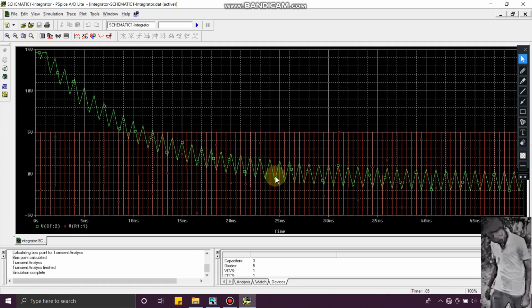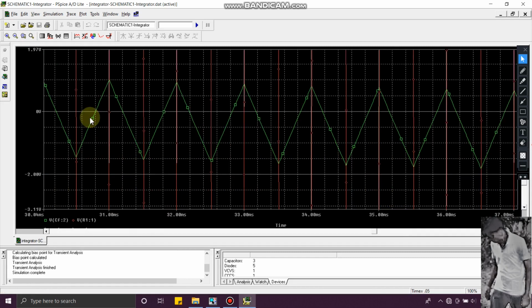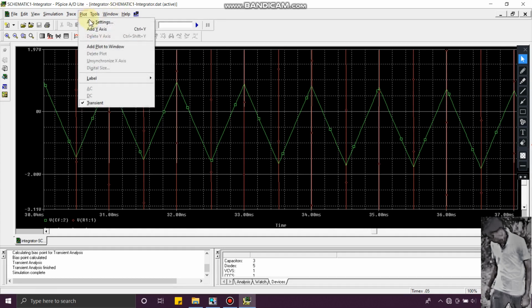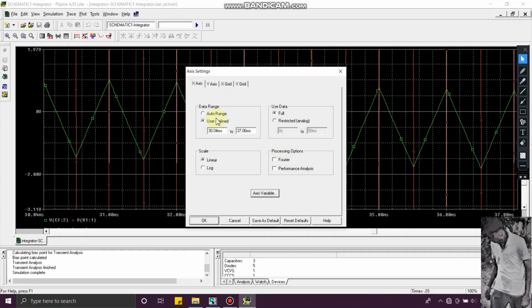I'm going to zoom now. Zoom area. Go to plot axis setting. Just go to the y-axis.